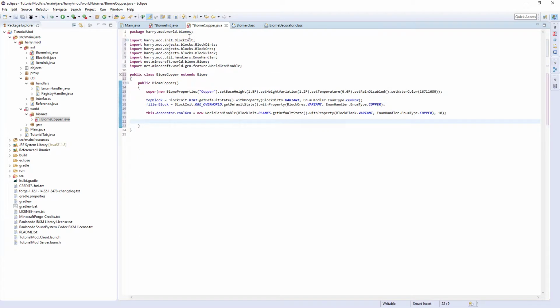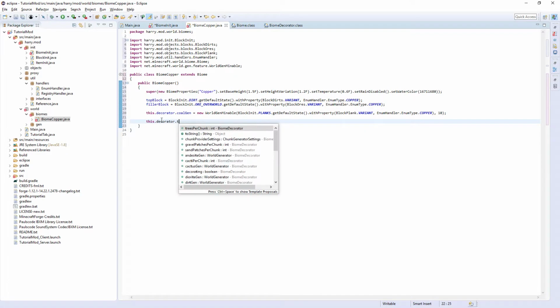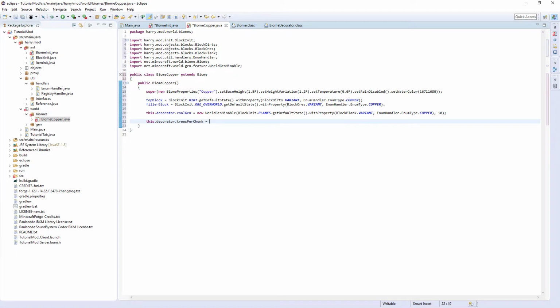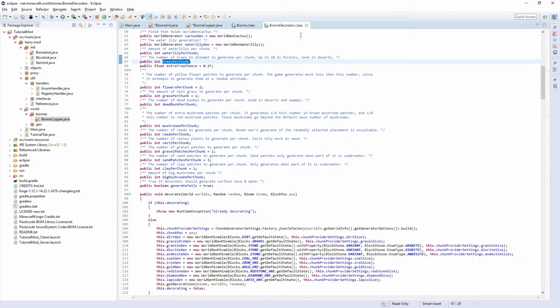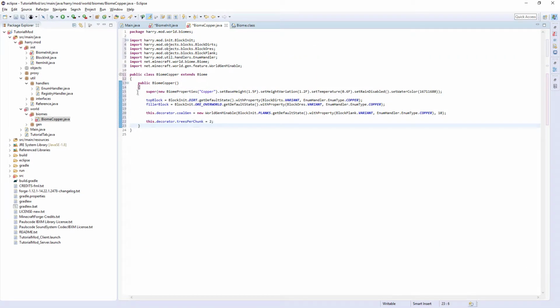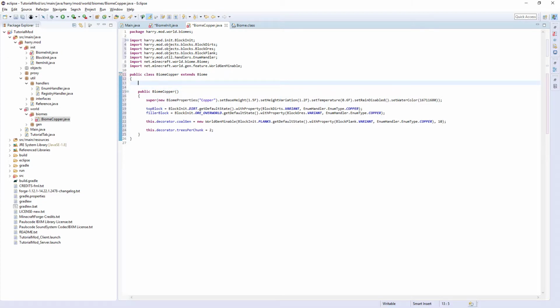I wouldn't put more than 2 trees per chunk though. So this dot decorator dot trees per chunk, I'm going to put 2. But that actually is going to spawn the default tree, which we don't want. So what we need to do, above the function here, protected, static,